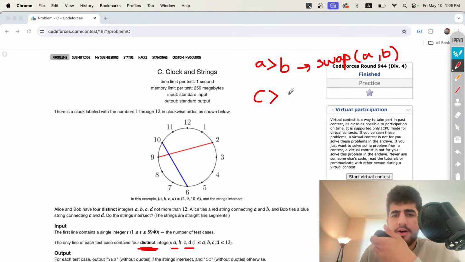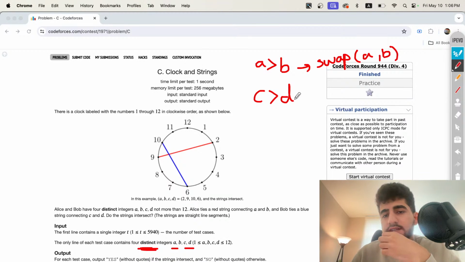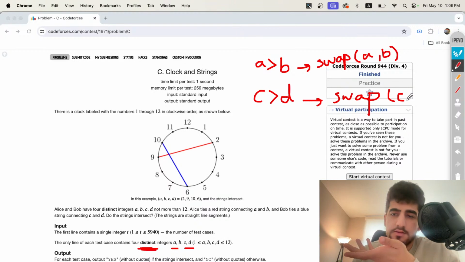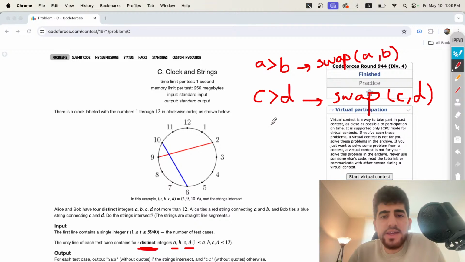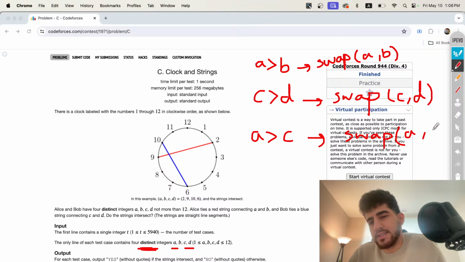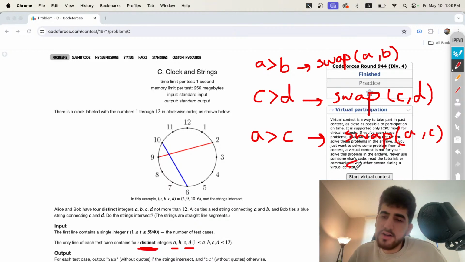And we know that all the numbers are distinct, so we don't have the case that they are the same. So now we know that A is less than B and C is less than D. It makes your input much more structured. And then if A was greater than C, swap your pairs. I mean, you can just swap A and C and swap B and D. So I'm trying to make everything very structured, and then I'm saying that